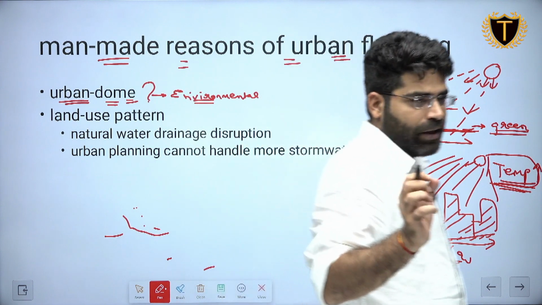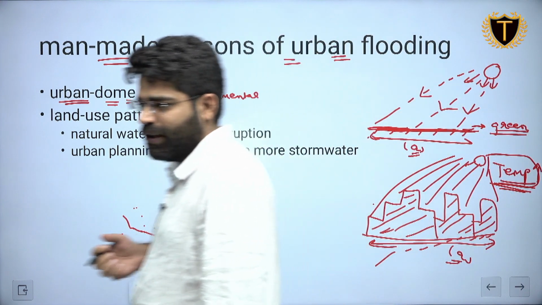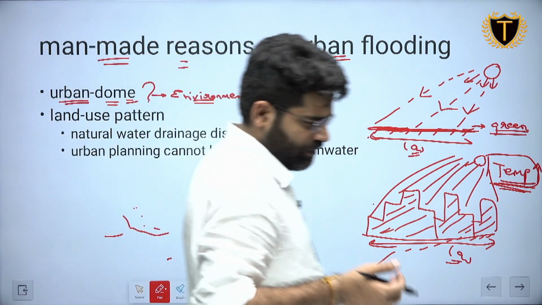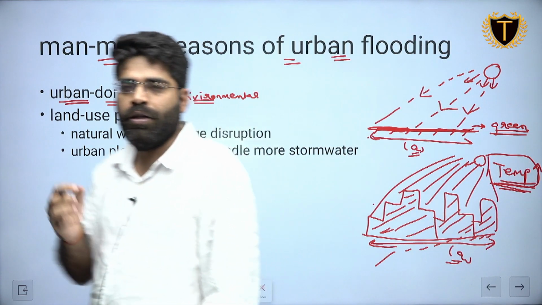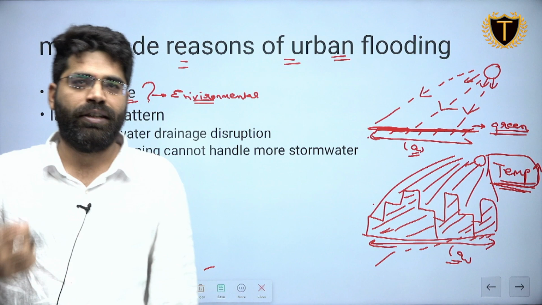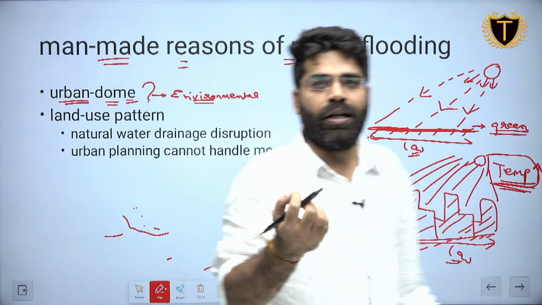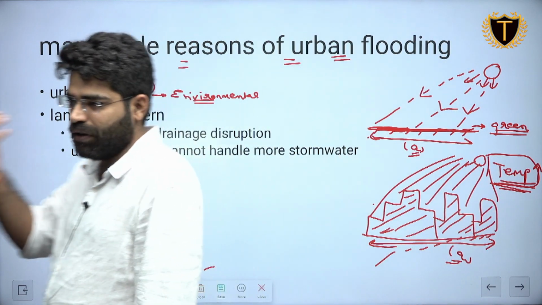Now let me come back to a basic concept of geography. Can you tell me how the rainfalls took place? How do the rainfalls start their origin? Basically, the first and foremost condition for the rainfall to happen is the low pressure area, or I should say there should be the upliftment of the air so that the clouds can move upward.